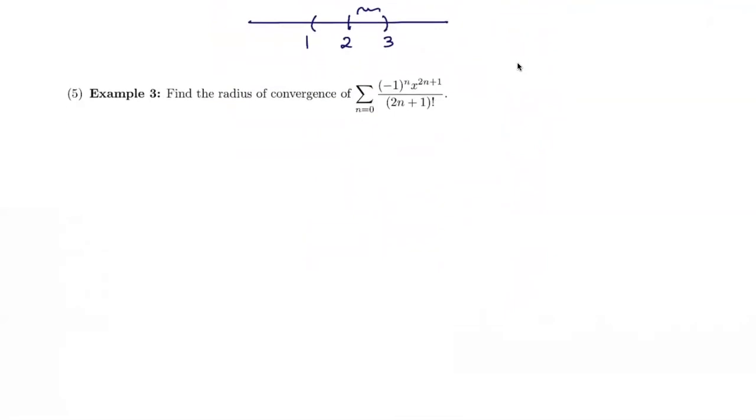And let's look at one more example of finding the radius of convergence. We're just interested in the radius, not the interval right now. So this is a power series that is centered at x is equal to 0. And just to remind you what these power series actually are,